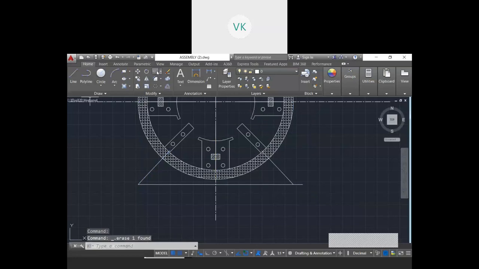So I know the end point. So for that I will make a support some other type. Once again I can do a mirror image.